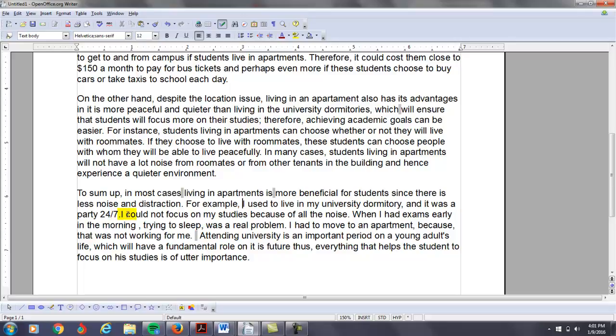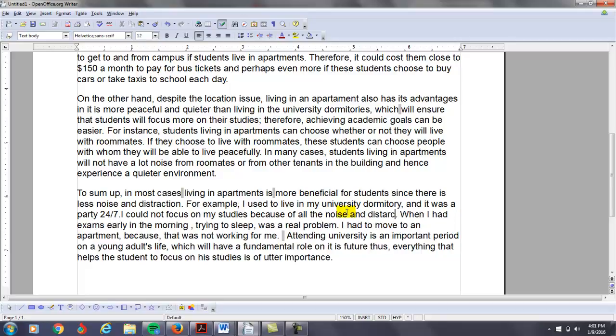I could not focus on my studies because of all the noise distractions. When I had exams early in the morning trying to sleep, again, don't separate your subject from a verb with a comma. So when I had exams early in the morning, trying to sleep was a real problem. I had to move to an apartment. Don't need a comma here because